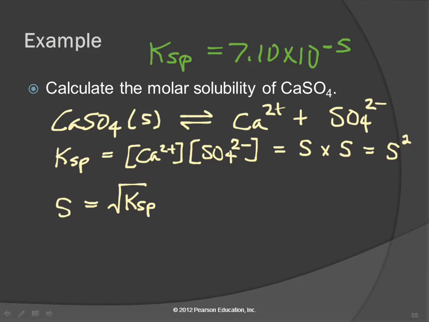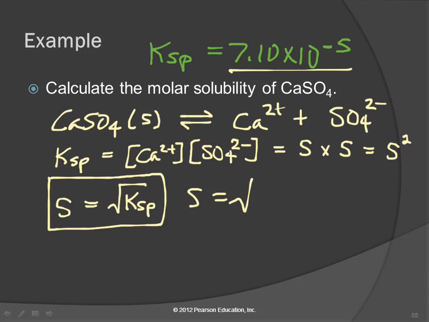Because KSP equals the solubility squared. To solve for S, we take the square root of both sides. So if you're just really not clear on where all this is coming from, if you memorize that successfully, you'll be good. So to find the solubility, we need the KSP, and we say the solubility is the square root of